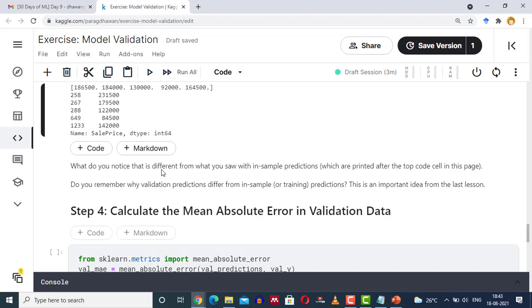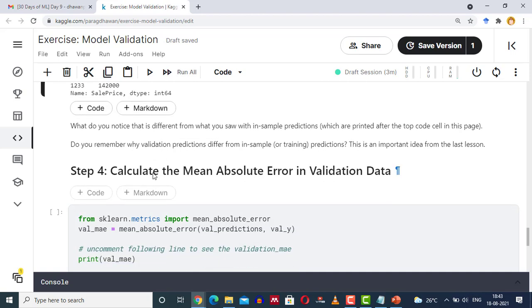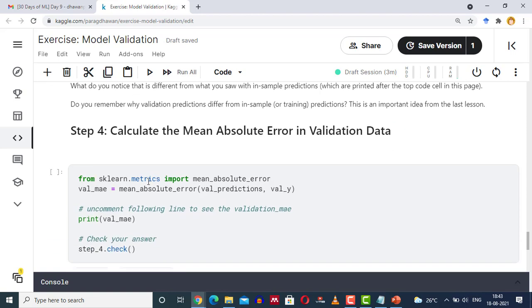Now we are computing the difference between the predicted values and the actual values. So we are calculating the mean absolute error on the validation data, which is the difference between predicted value and actual value. From sklearn.metrics, we are importing mean_absolute_error.